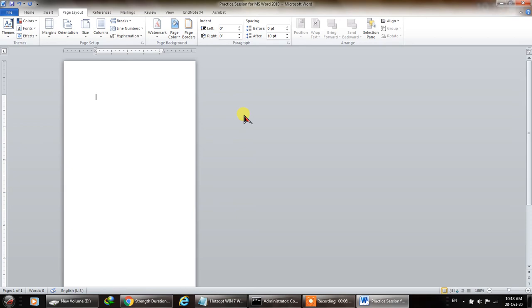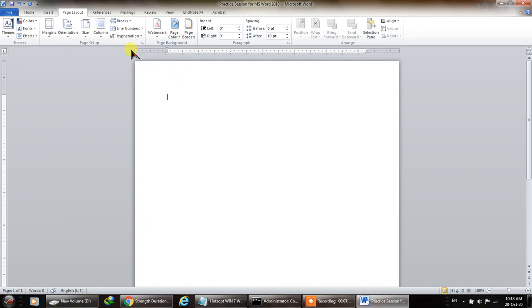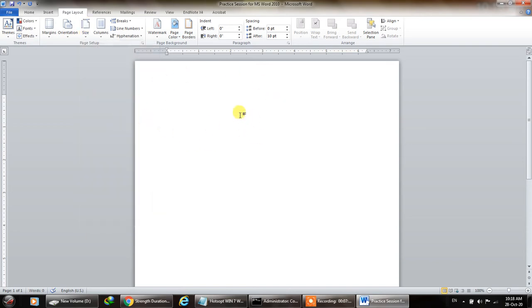You know what is meant by envelope. For example, if you want to write a name on the envelope and get it printed, first you need to select the right size of the paper. In normal day-to-day activities, we usually use A4, or for Urdu we use letter or legal. For English we normally use A4 size, so it is the default size that Microsoft gives you.